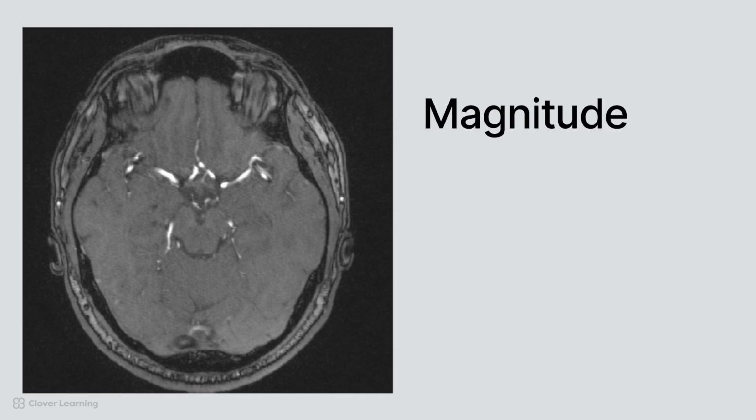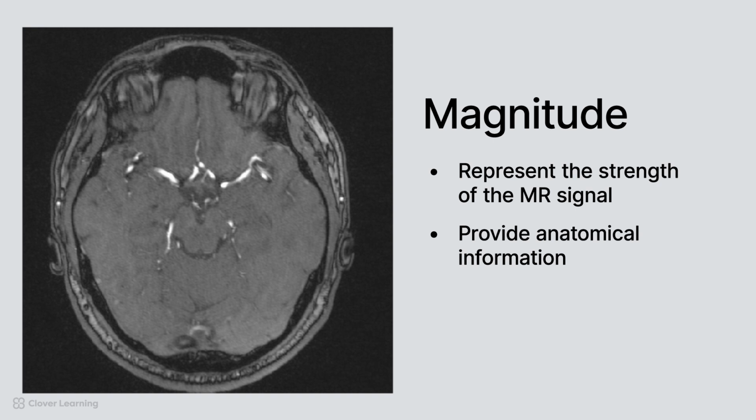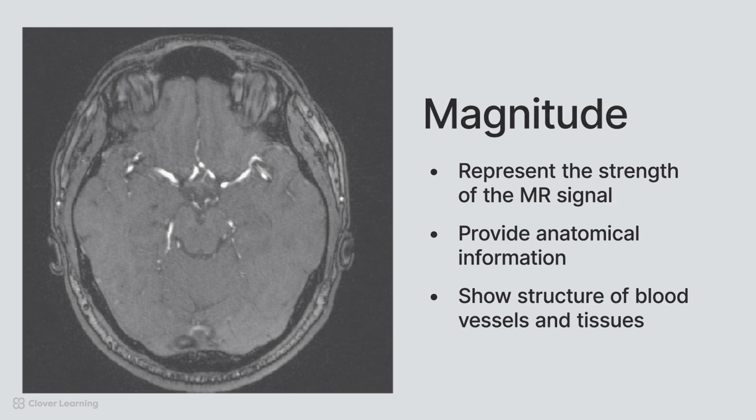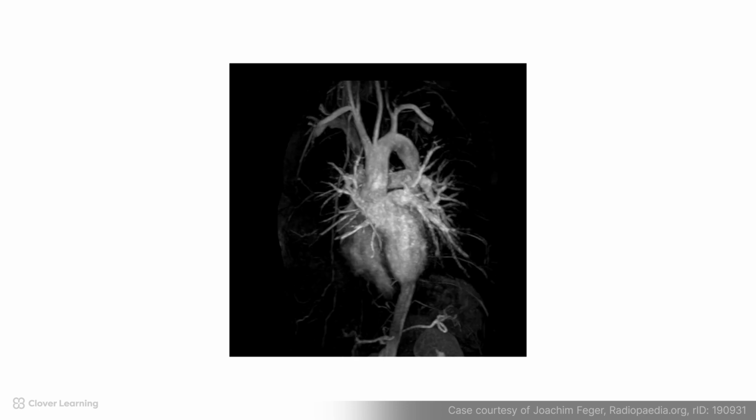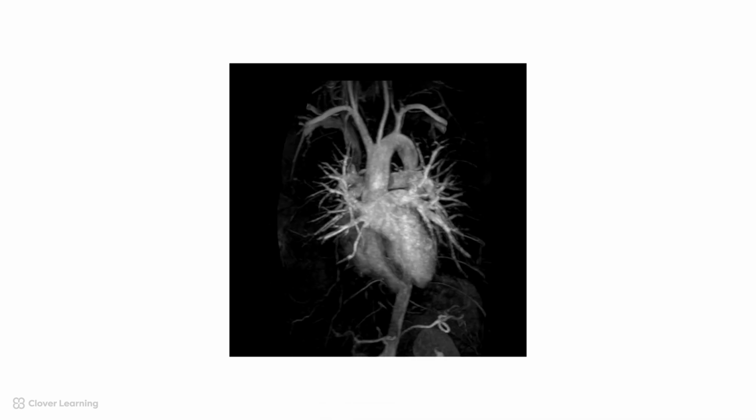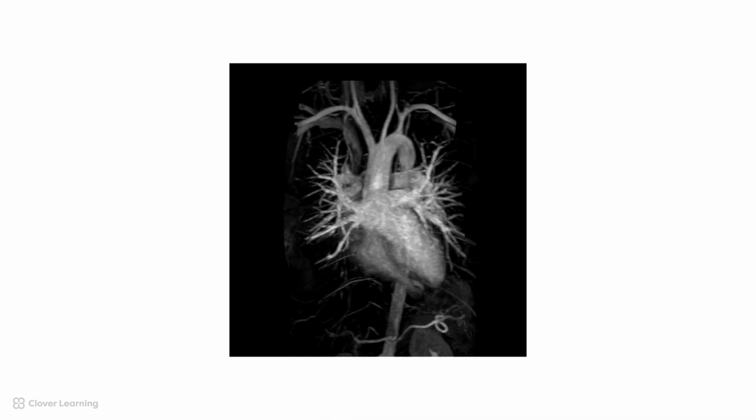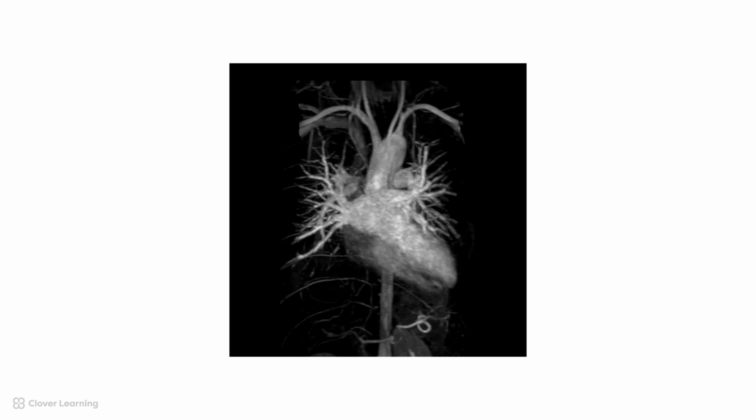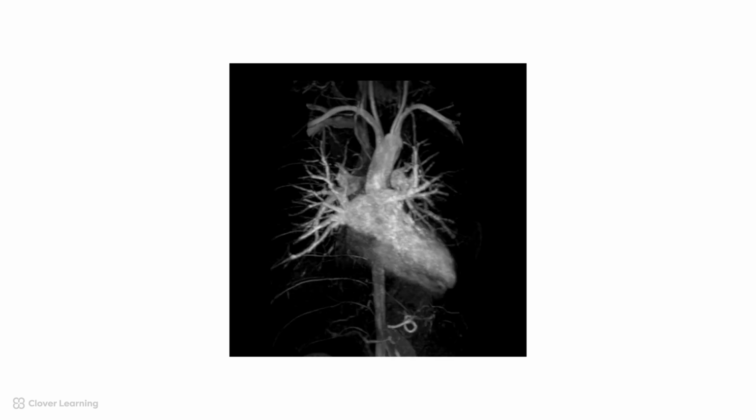Magnitude images in phase contrast MRA represent the strength of the MR signal and provide anatomical information. These images show the structure of blood vessels and surrounding tissues, helping radiologists to correlate blood flow patterns with anatomical landmarks. We would use the reference image with magnitude images to create the angiogram. The magnitude images would be overlaid on the reference image, and subtraction would be performed to isolate the vascular structures. This process removes background signals and highlights the phase shifts caused by moving blood, resulting in clearer and more accurate